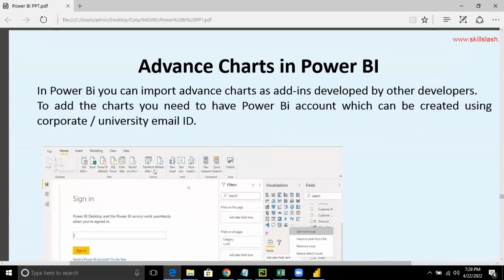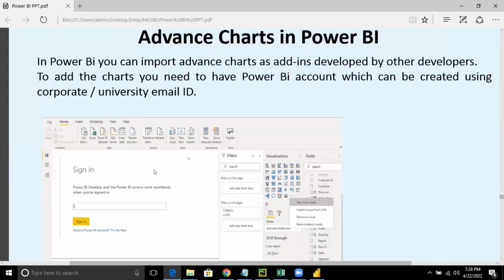Now coming to advanced charts in Power BI. As I told you, I will show you the advanced charts also in Power BI, but I will not be able to make it and show it to you because we are using a free version of Power BI. But in Power BI, you can import the advanced charts as an add-in.